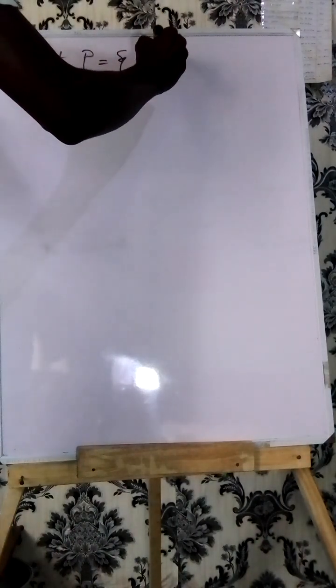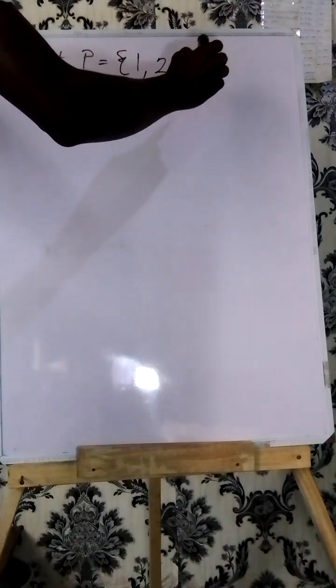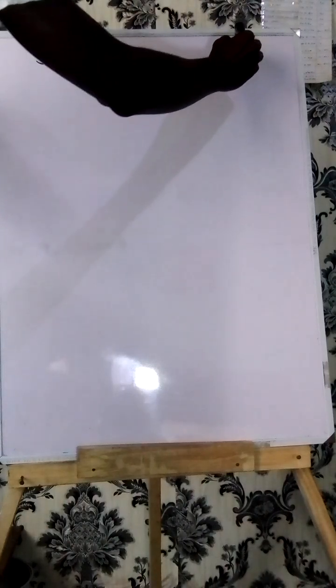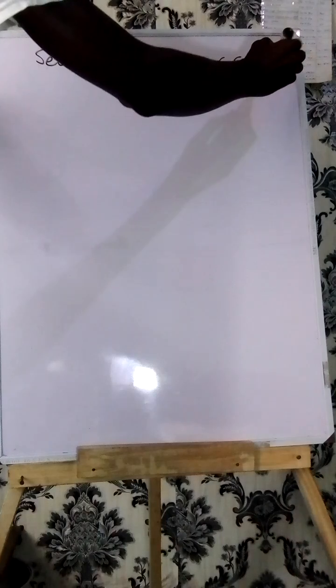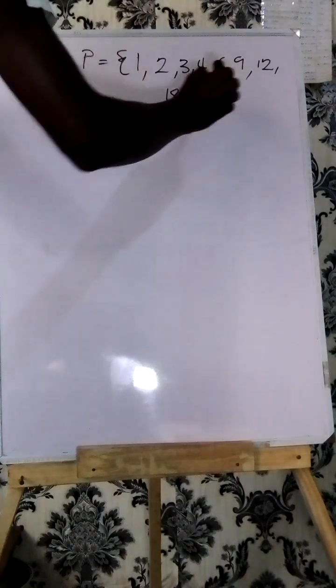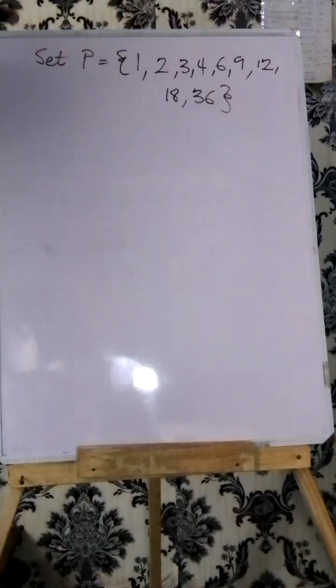1, 2, 3, 4, 6, 9, 12, 18, and 36 itself. So when we talk about factors of a number, that means a number that has a